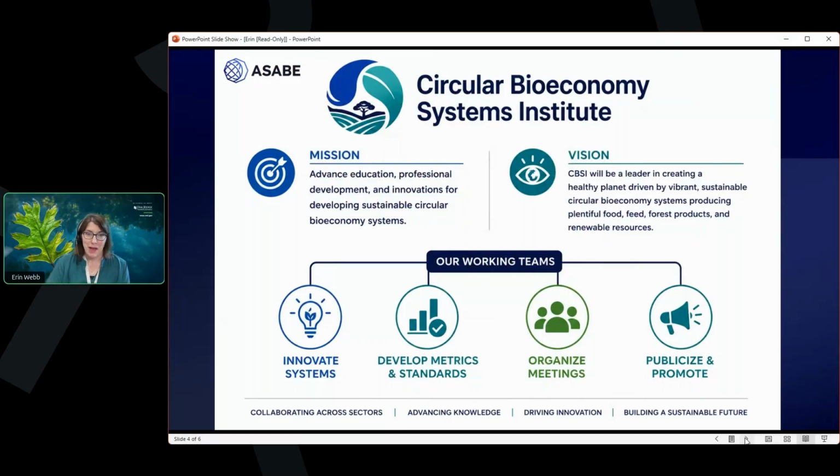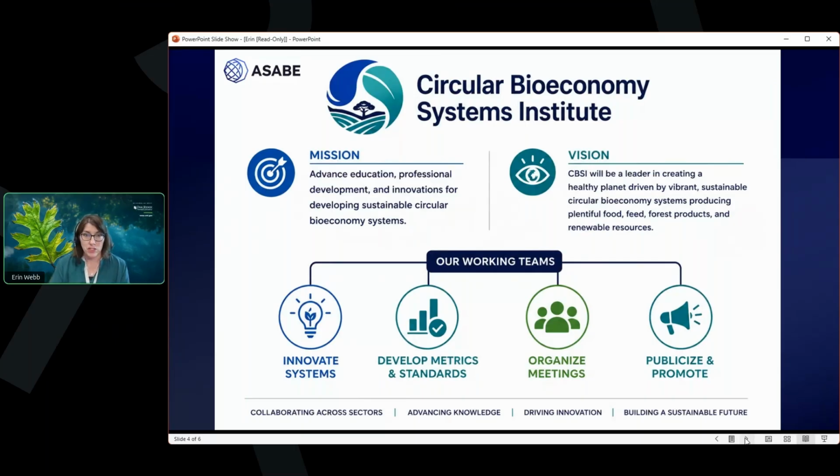So I'm going to switch back to my ASABE hat now and point out, I think the Tennessee example is a good one, and there are lots of others of how we need different partners to be able to achieve circularity. We simply cannot, not one discipline, not one organization can do it alone. And so that's the mission behind the Circular Bioeconomy Systems Institute that has been developed within the American Society of